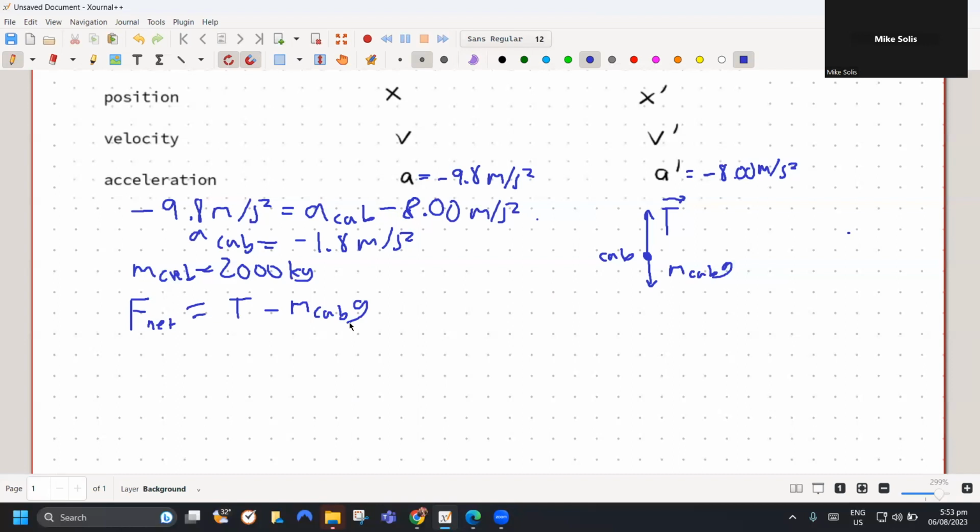So from Newton's second law, write it down: M cab A cab is equal to,